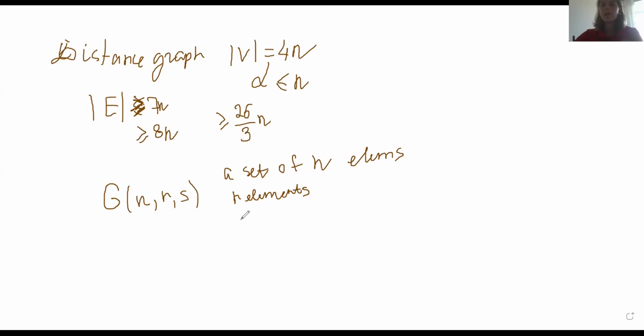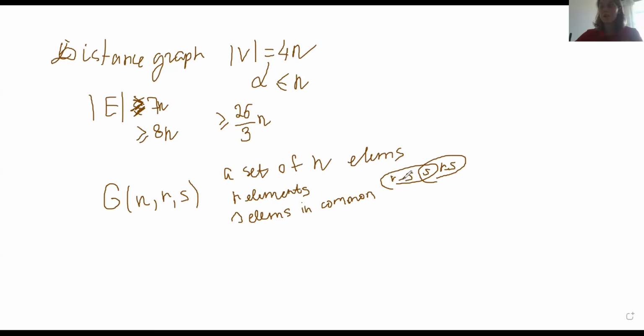And there is an edge between the vertices if the subsets have exactly S elements in common. So they could be drawn like this. We have S elements in common and R minus S elements here in this subset,